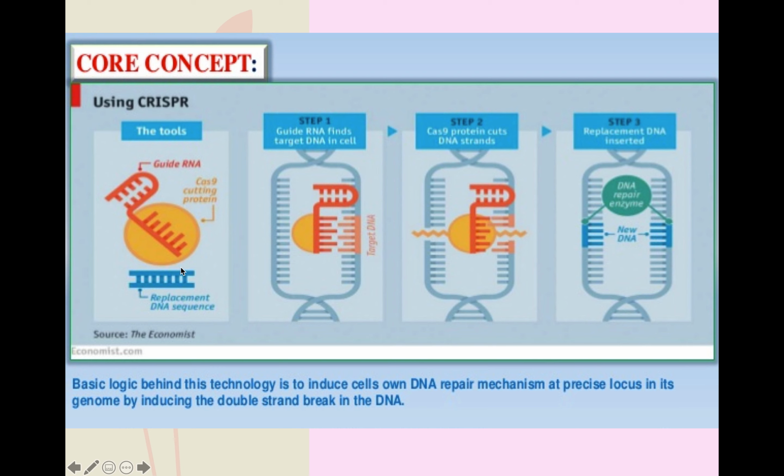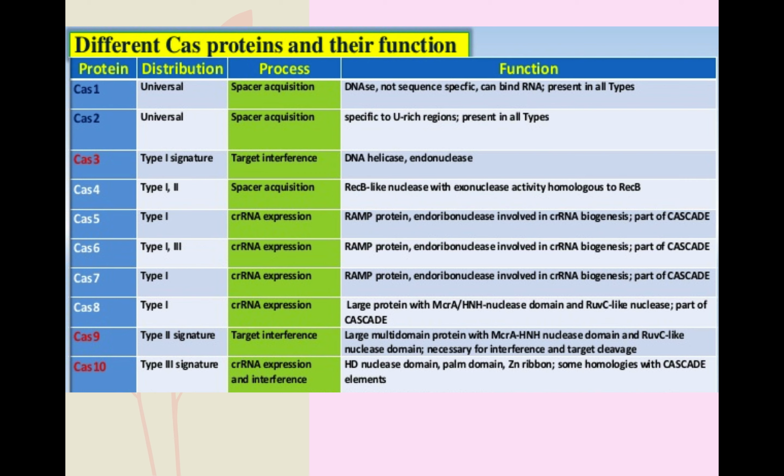So you may be wondering where this is coming from, or whether there is any other vehicle that brings it in. Basically it's just there in the system, similar to the application when you think about PCR. You have your primer there, and you have your enzyme, and so forth, so it finds its way. It is the same procedure. Once it has been cut, the replacement DNA sequence knows that it has a complementary sequence to bind to, so it will bind itself, and the DNA repair enzyme will basically seal it off. As simple as that.